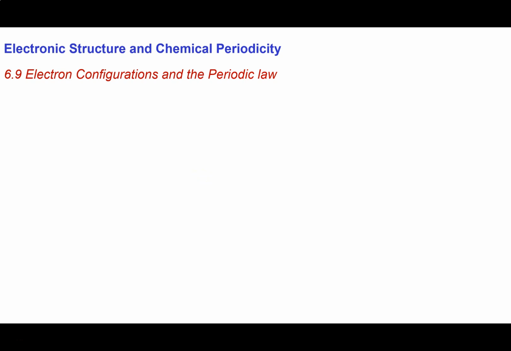So the question that becomes now is, is it possible to relate an atom's electron configuration to its position in the periodic table, and also relate it to the observation that elements that are in the same group have similar reactivity? So what we're going to do is look at a bunch of elements that are in group